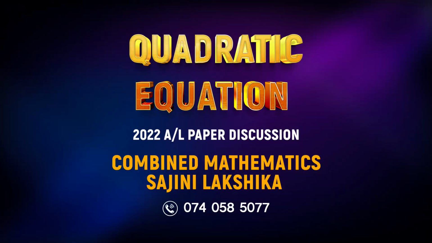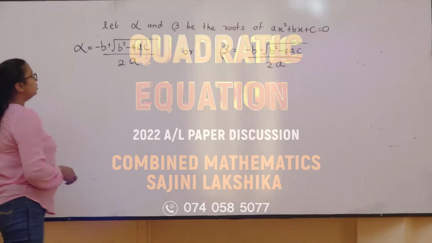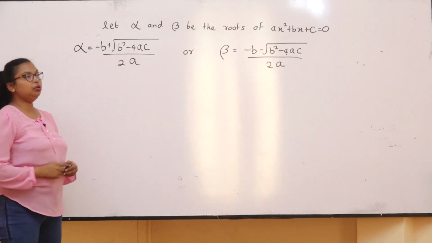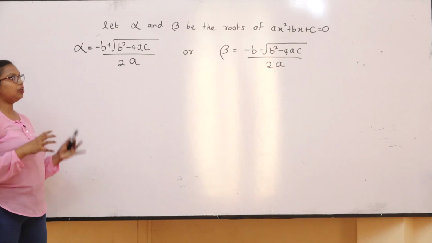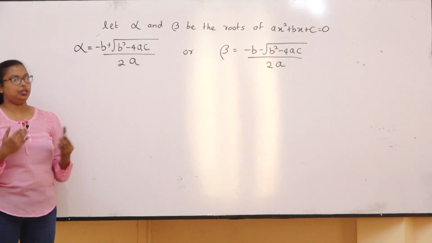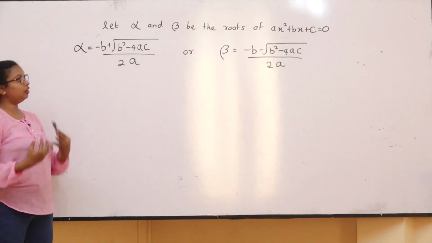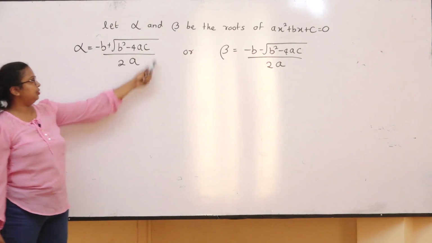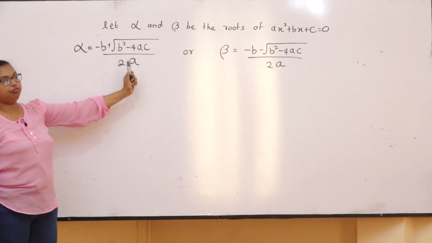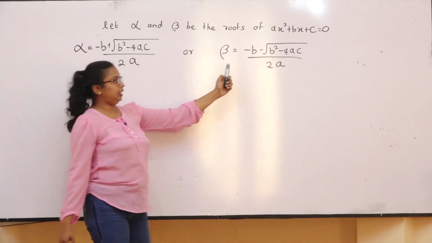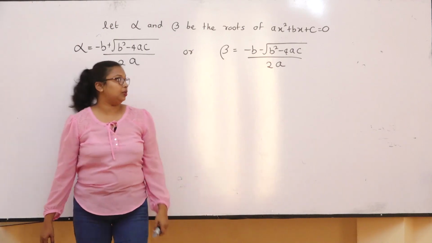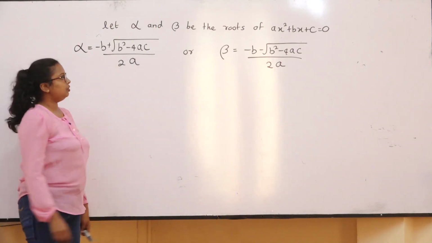So now, let alpha and beta be the roots of the quadratic equation ax squared plus bx plus c equals 0. Actually, alpha and beta are the solutions of the quadratic equation, right. So, I got alpha as minus b plus square root of b squared minus 4ac, and beta equals minus b minus square root of b squared minus 4ac over 2a, right. So, you all can see that